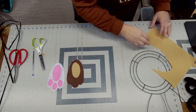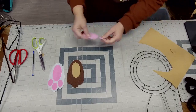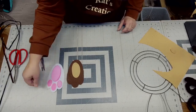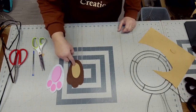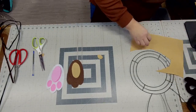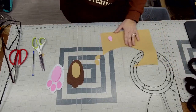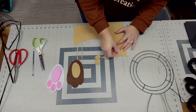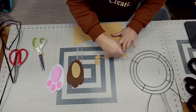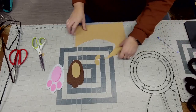You can kind of see how it's coming together. And all I did is take like a foam core, and I just made a template of the pad and then the toes. And so I cut out the pad, and I have cut out, I'm trying to find the other toe. There's the other toe. There's another toe, and so we'll do the last one here, which is exactly what I did on all of them. I just traced the outside really light so that I had the shape,